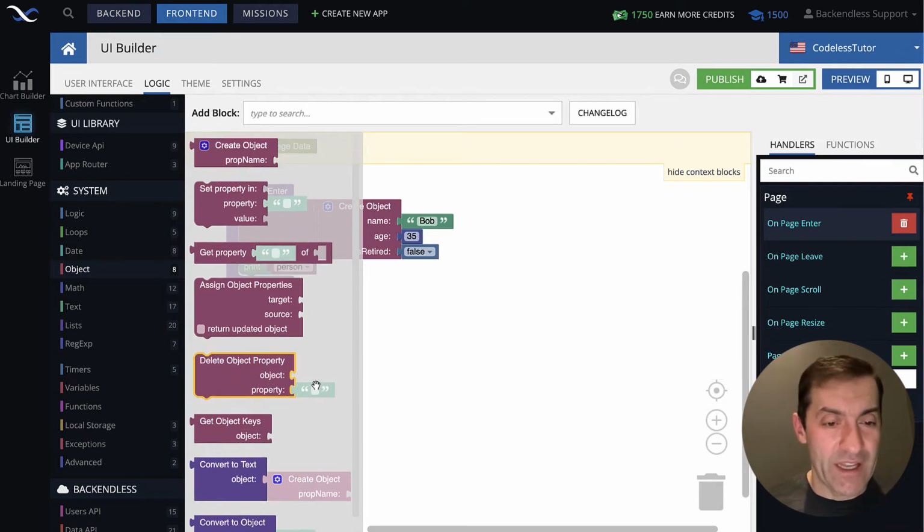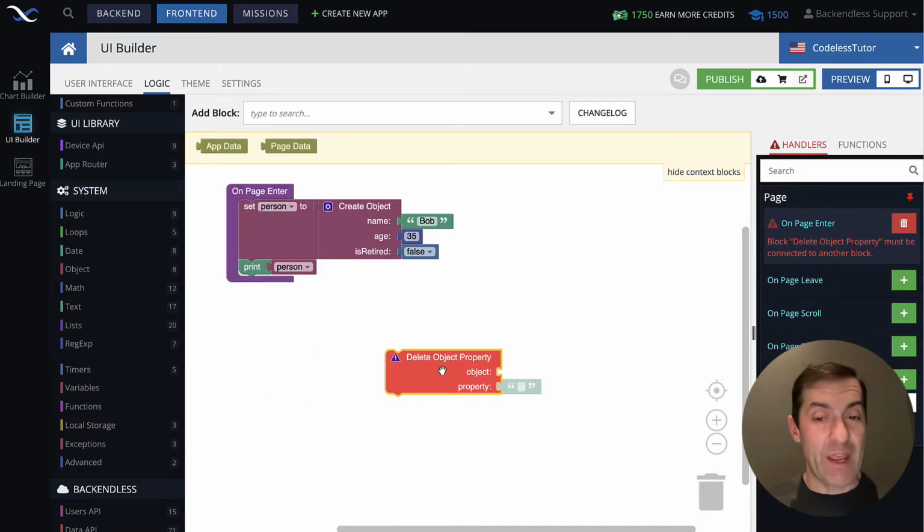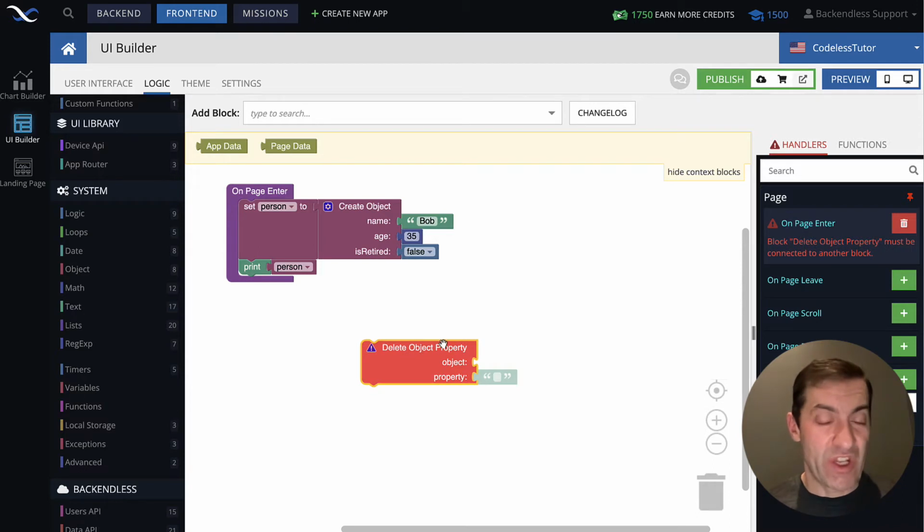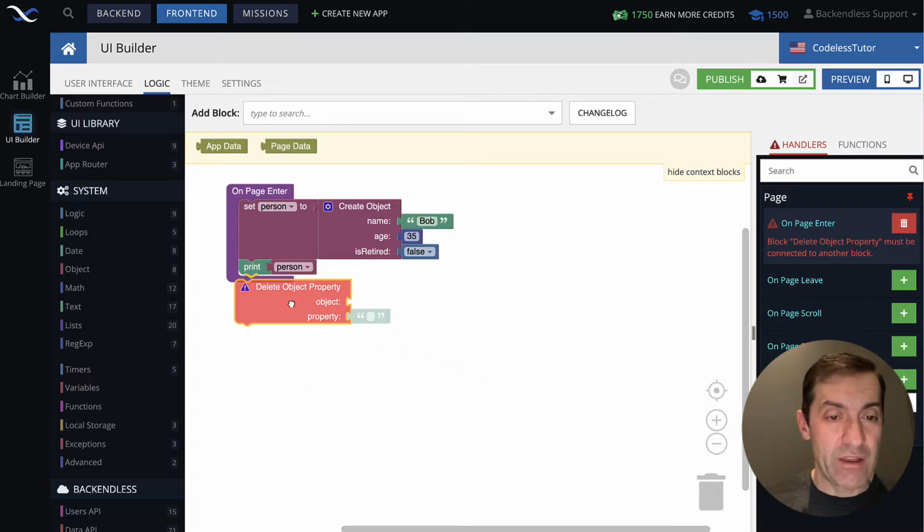So let's start with delete object property. As the name of this block suggests, you can identify an object and then delete a specific property. So in here we have an object that represents a person, and we print it out right after it was created. But then let's say we want to delete the property is retired.